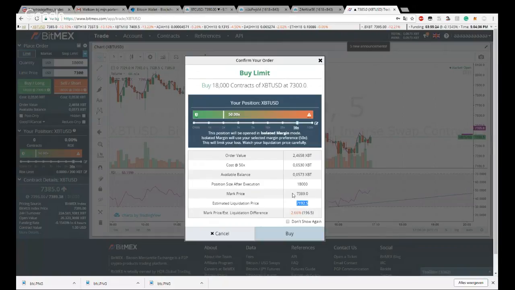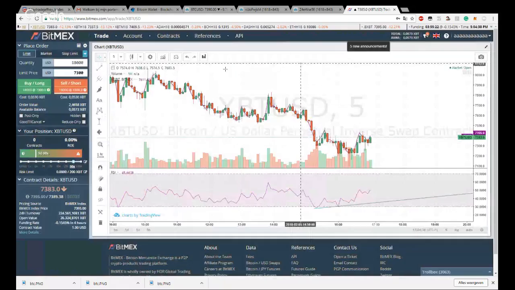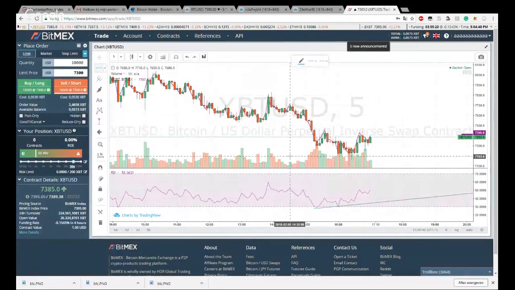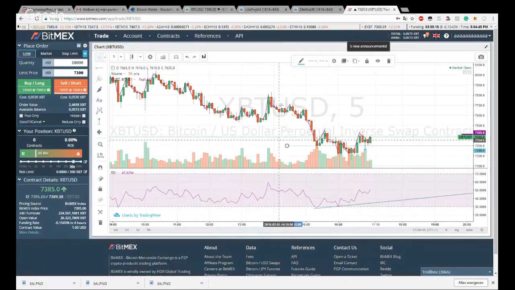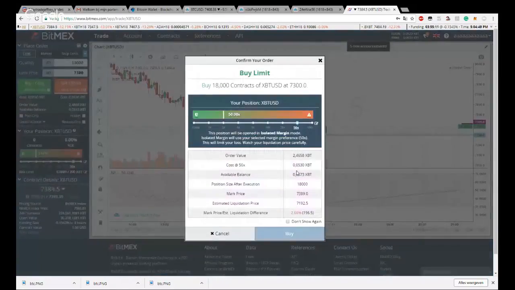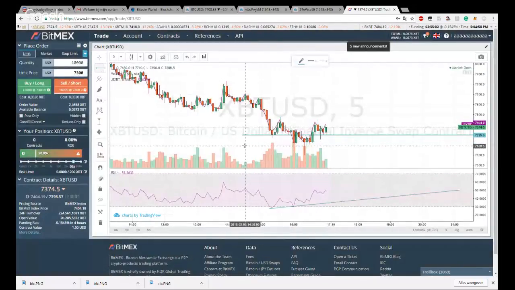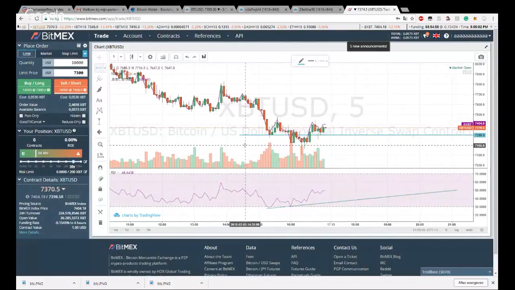So basically that means if I enter at a price level of 7,300, which is here on the blue line, and I start this order, then I will get liquidated at 71.92, which is here. And this will probably show you the danger